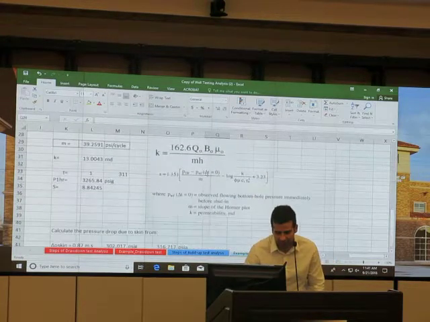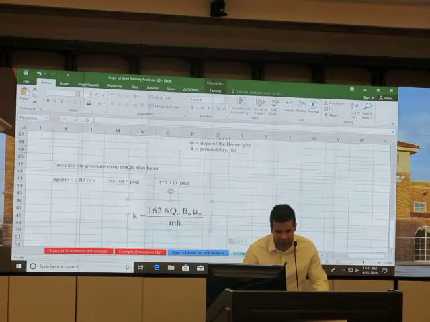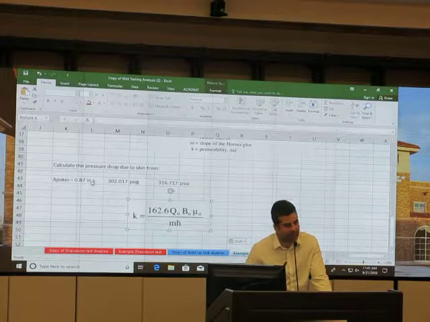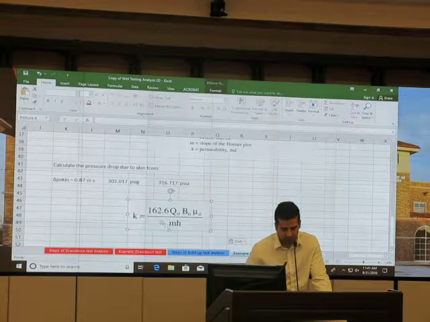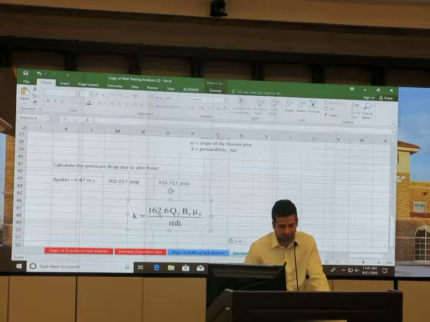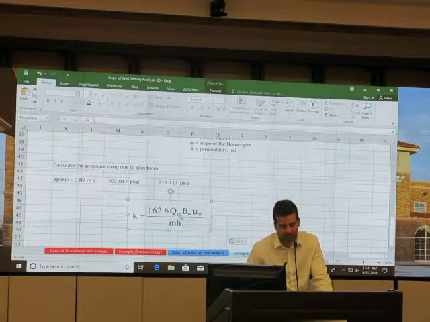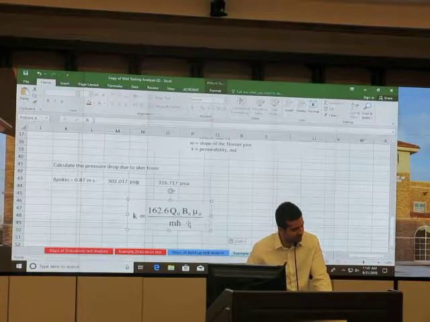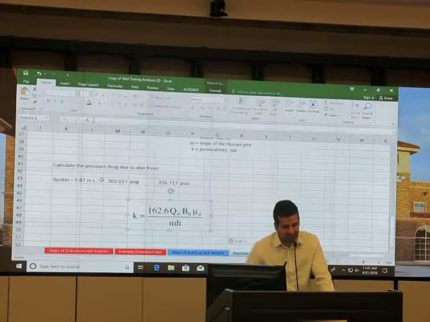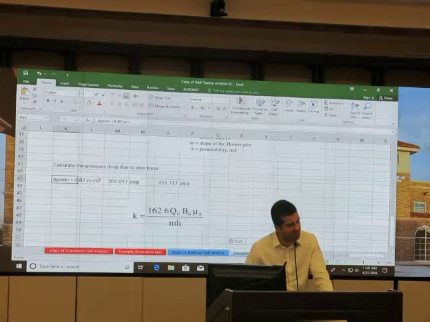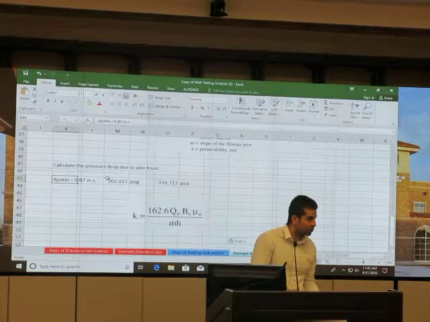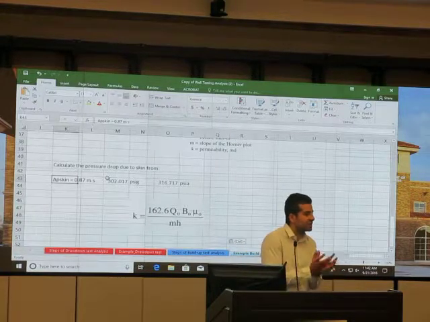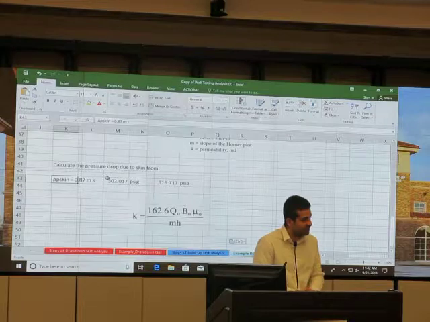Okay, let me get over here. So in here, the dP skin is 0.87 multiplied by m s. What is m? If you transfer k to m, it's going to be 162.6 multiplied by q oil, B oil, mu oil divided by h multiplied by k. Okay? This variable, when it is multiplied by skin factor, is going to give you the pressure drop, not due to the reservoir, just because of the skin damage or skin stimulation that you had.